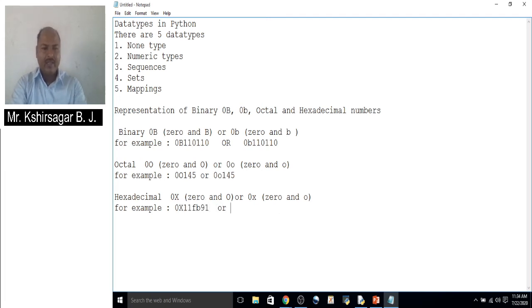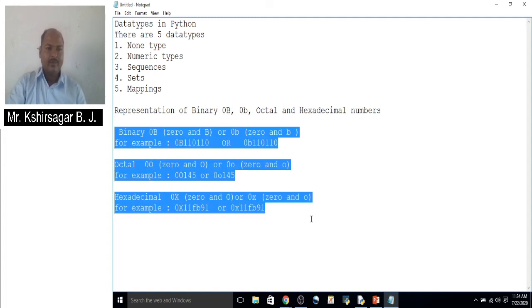Or another way, 0 small x, the same number you can represent in this way, FB91. In Python, it should be prefixed with 0x or 0 capital X. So this is the way of representing binary, octal and hexadecimal numbers in Python.